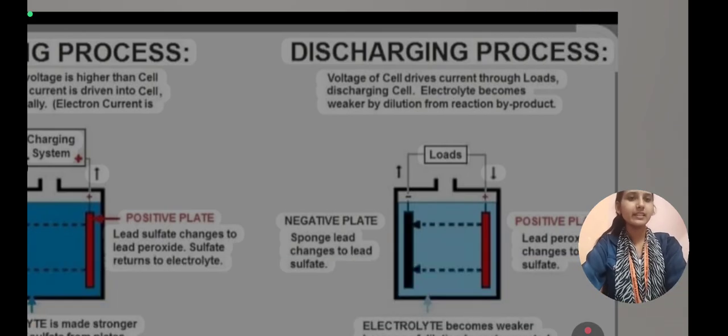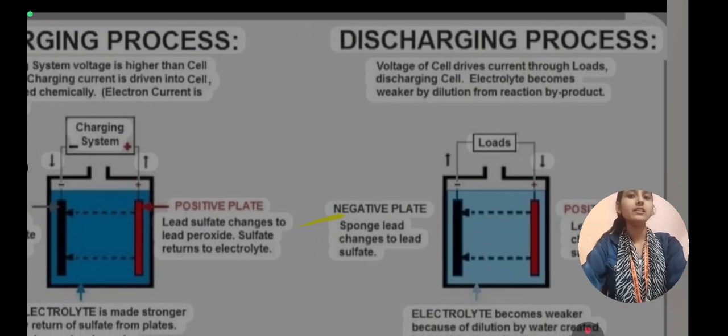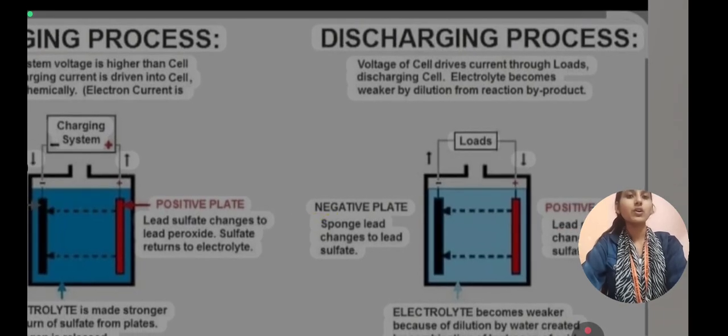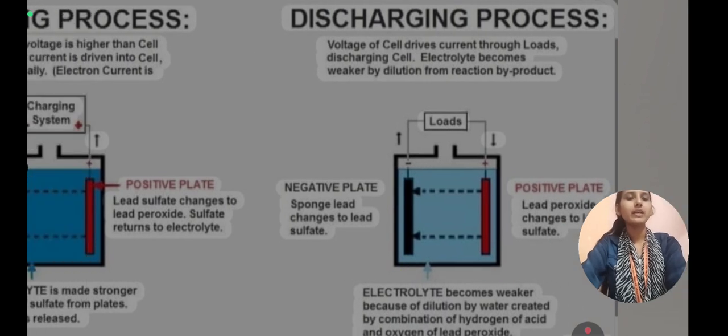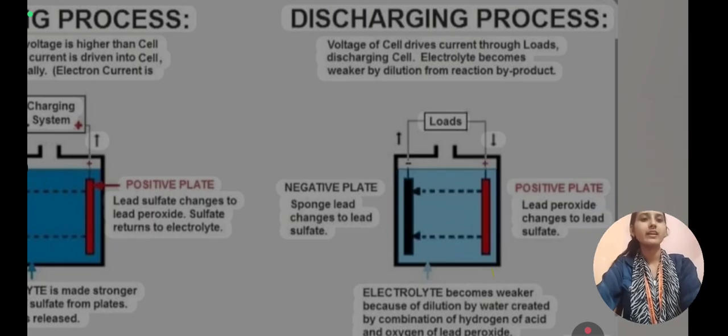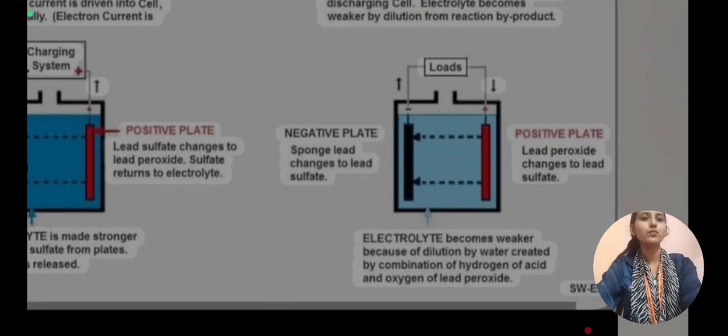Here we can see the diagram of the discharging process: positive plate, negative plate and the electrolyte. Here the negative plate spongy lead changes to lead sulfate. The positive plate lead peroxide changes to lead sulfate. The electrolyte becomes weaker because of dilution by water created by the combination of the hydrogen of the acid and the oxygen